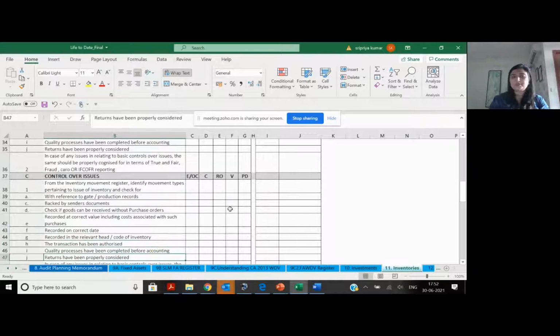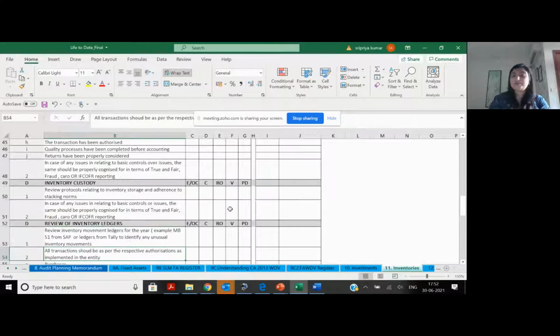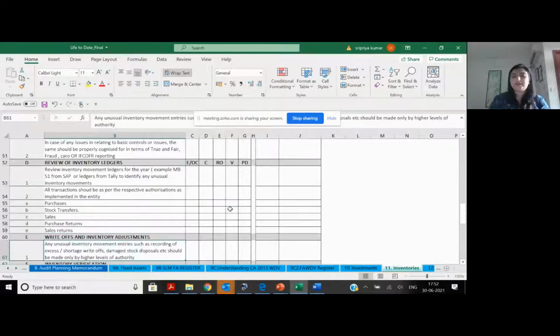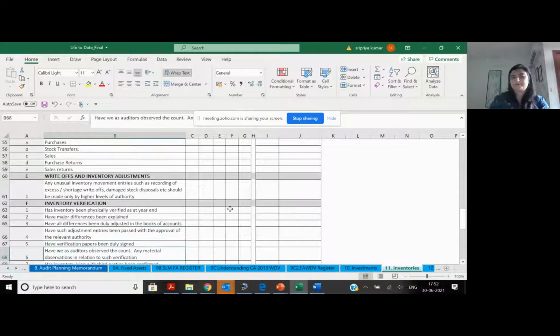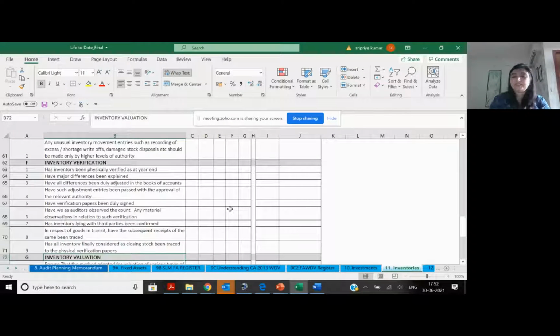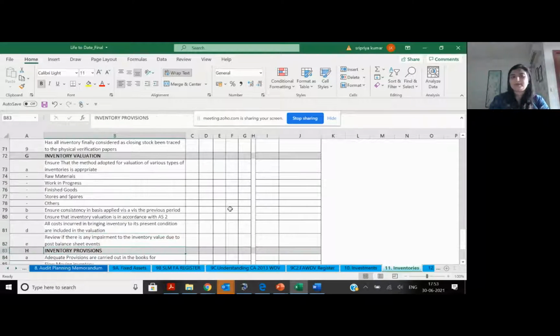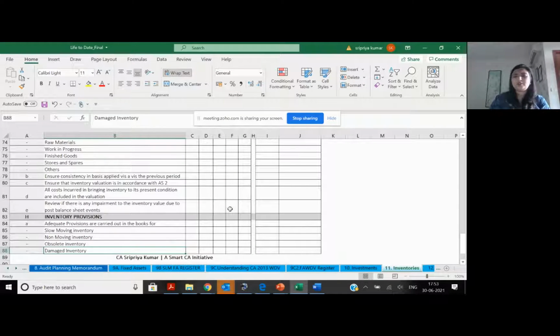Control over issues, inventory custody, inventory ledgers, write-offs and inventory adjustments, inventory verification, inventory valuation, each category shown separately, inventory provisions. Am I making, it's called SLOB, slow moving, obsolete, blocked inventory, slow moving, non-moving, obsolete, damaged inventory.